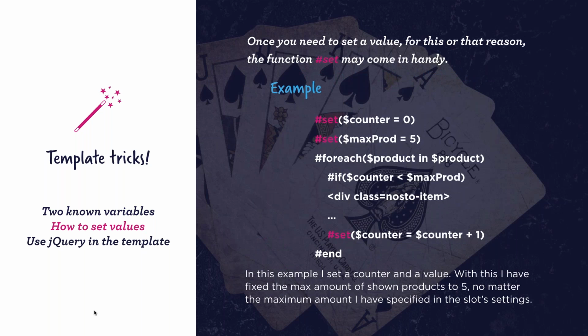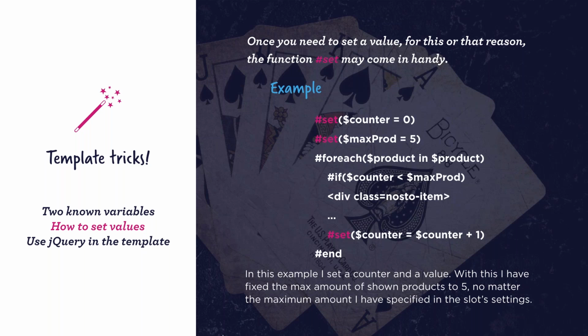So another thing is how to set a value. How to set a value can be for different reasons, for those who are really going deep into the Nosto template coding. In this case we have a very easy example of how to set a value for a counter, so that if you want to show, for example, a max number of products, even though you can do this by choosing the max amount of shown products from the slots amendment page,